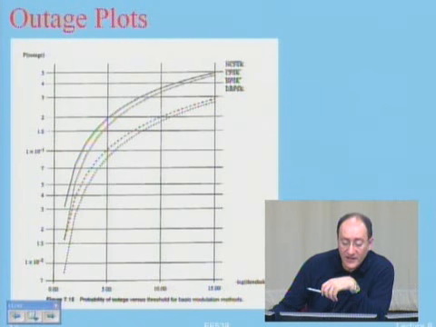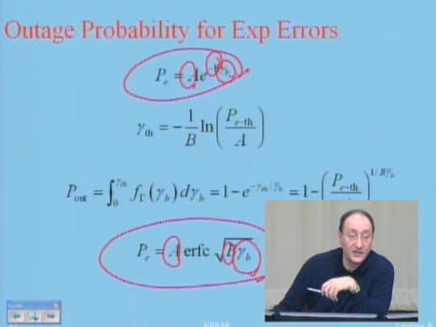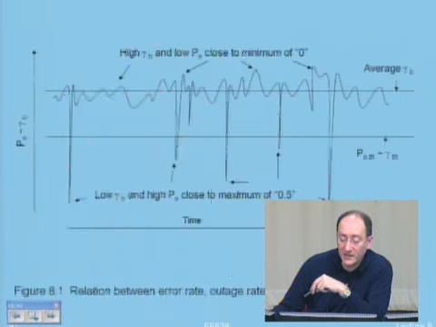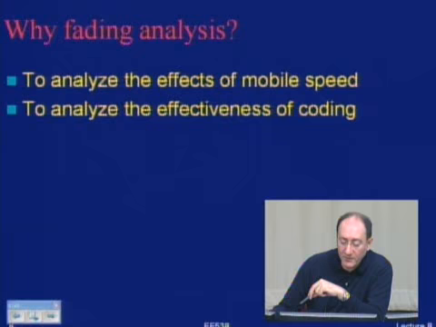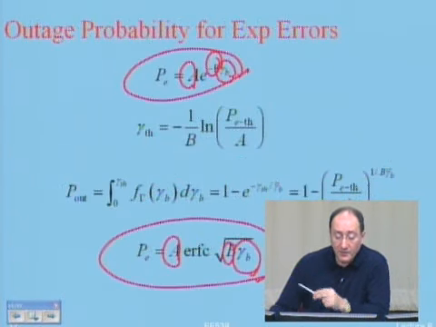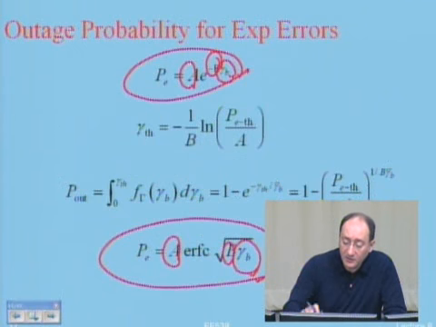That discussion is the discussion of diversity. But before I get to that, I would like to talk about my other performance criterion, which was the probability of outage, and talk about that mathematically. What is the probability of outage? Probability of outage, or outage probability,